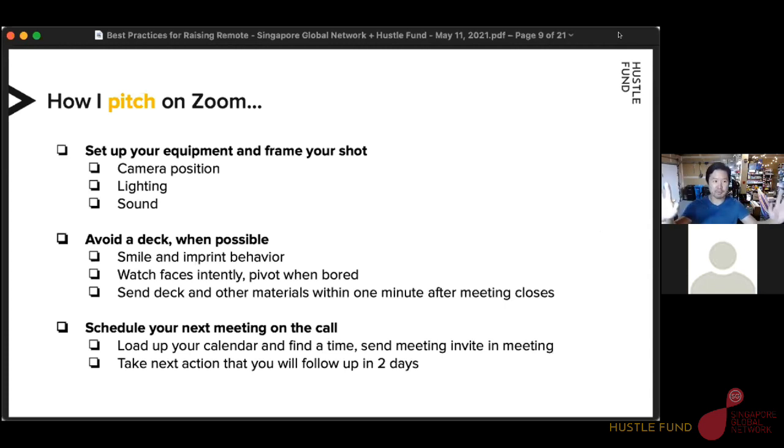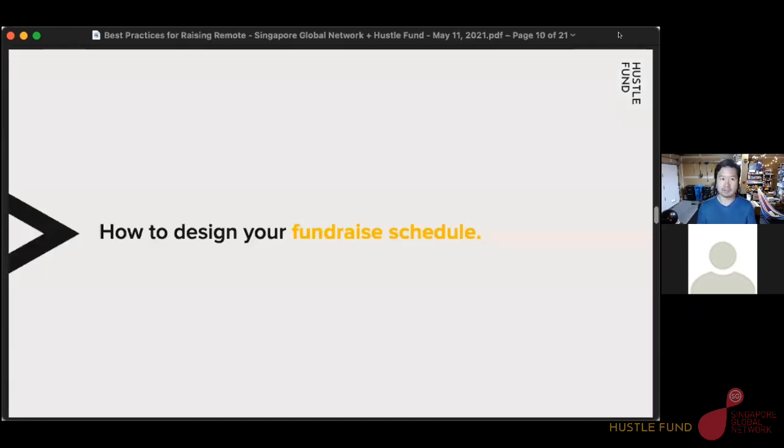So we talked about equipment, some of the mechanics. We talked about my thesis of just avoid a deck, look at yourself, smile, micro pivot your story around as you see people's attention waver. And then the hygiene of following up. Fundraising, by the way, is not so much about the pitching oftentimes, but about the organization of your fundraise process. If you can put in a lot of throughput, talk to a lot of investors, you will get those who bite, and then you can move on with your process.